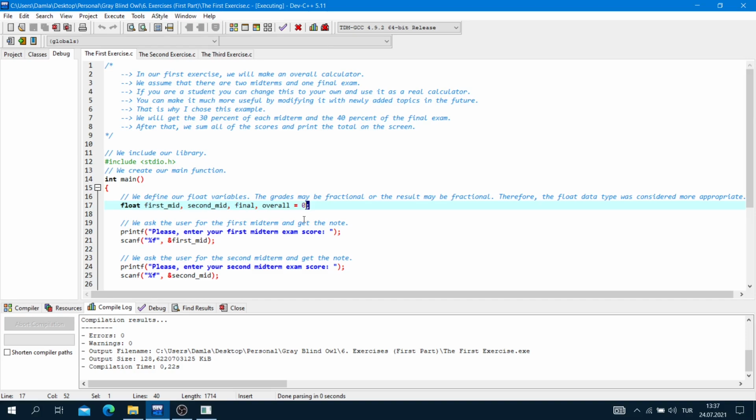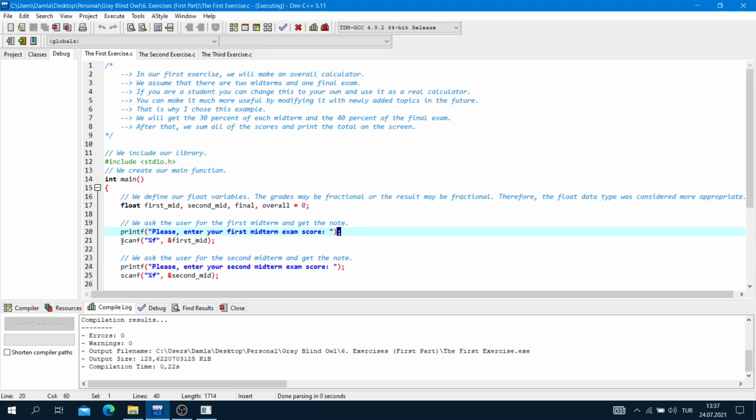Now we ask the user for the first midterm and get the note. Printf, bracket, quotes, please enter your first midterm exam score, quotes, bracket, and the semicolon.